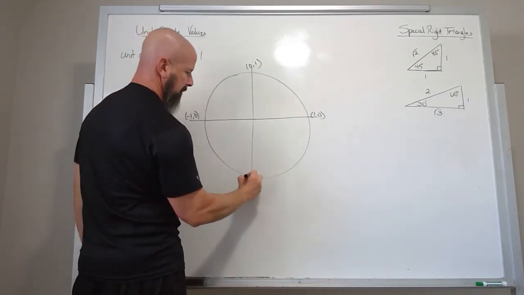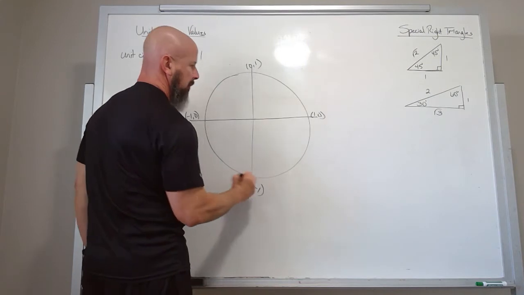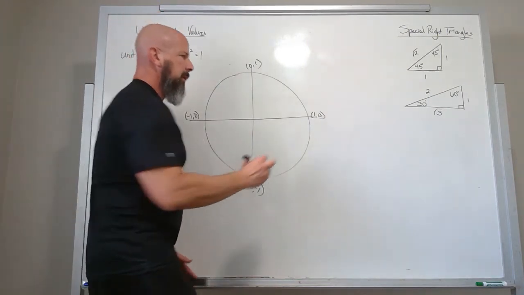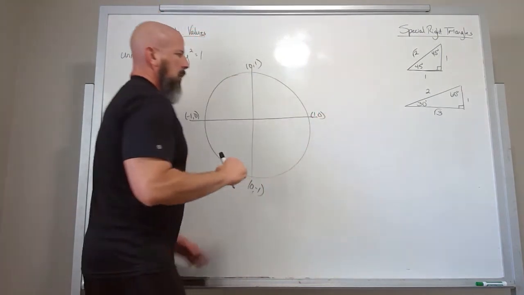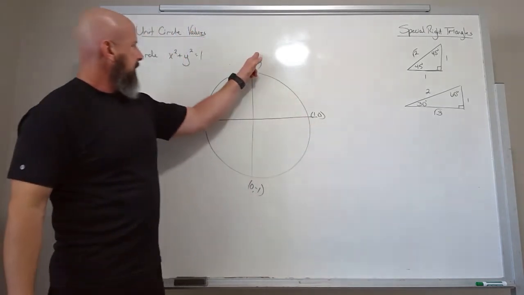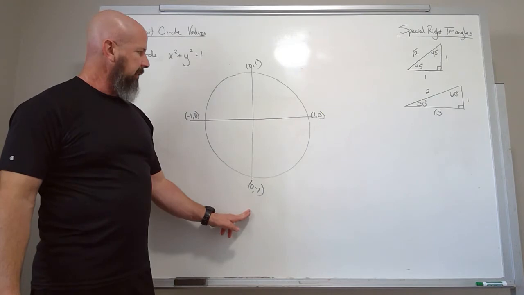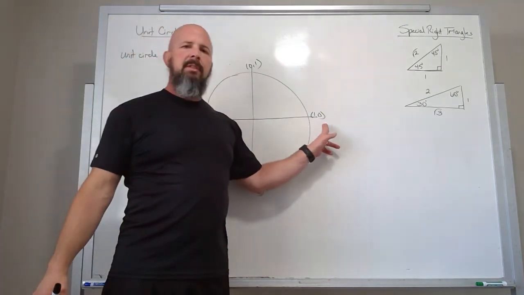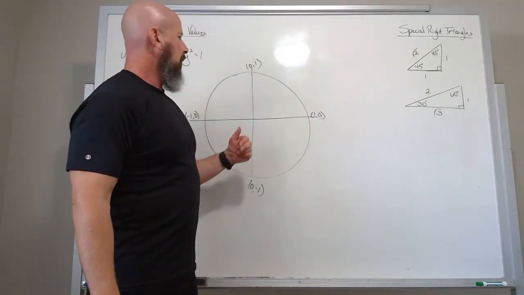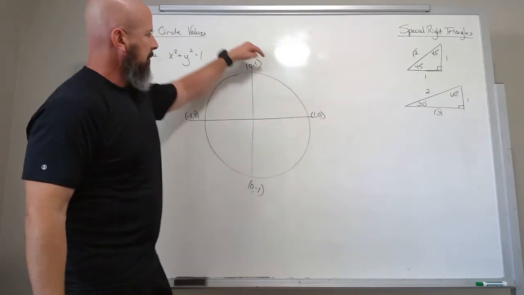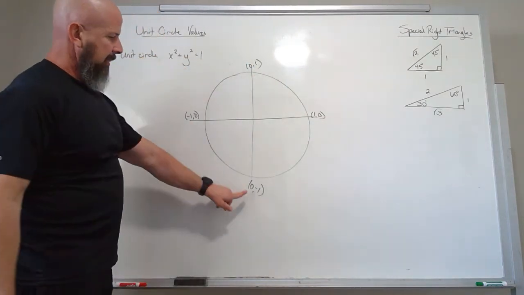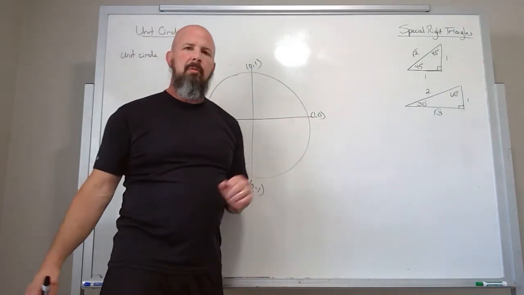Negative 1, 0. And 0, negative 1. And so if we talk about going around the circle, we're at 0 degrees, 90 degrees, 180 degrees, 270 degrees, 360 degrees, or if we're in radians, 0, pi halves, pi, 3 pi halves, and 2 pi all the way